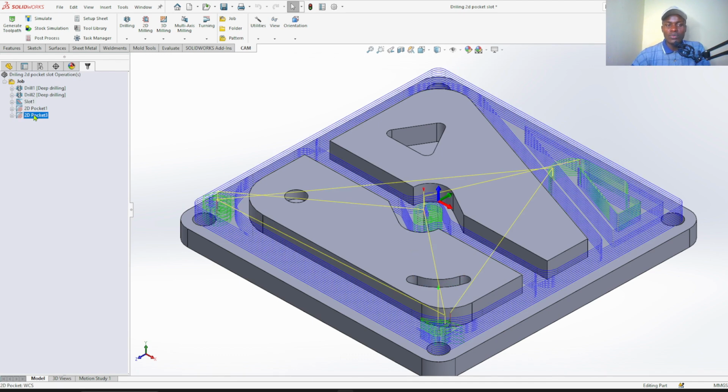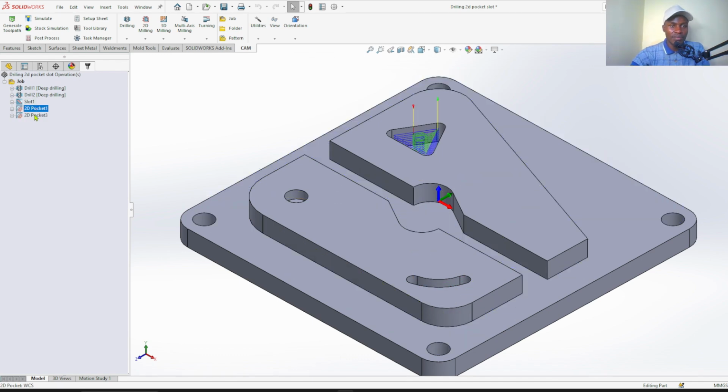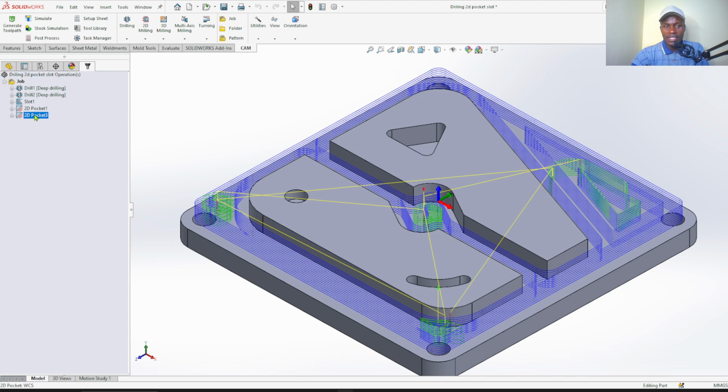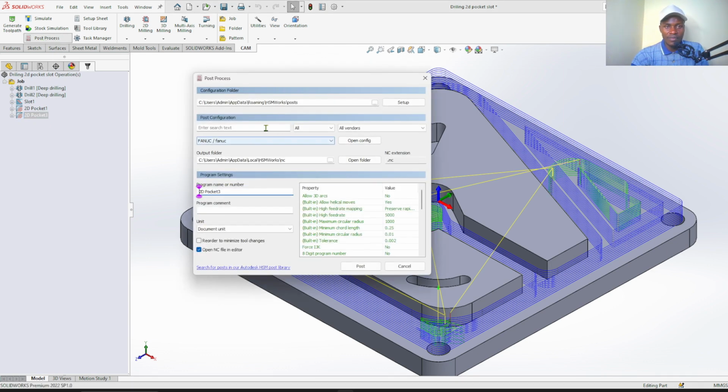Go to 2D Pocket. Because they are the same parameters, you can just select this one and go to post process. And here, select milling. For vendor, we select Fanuc, and then Fanuc as the post processor.